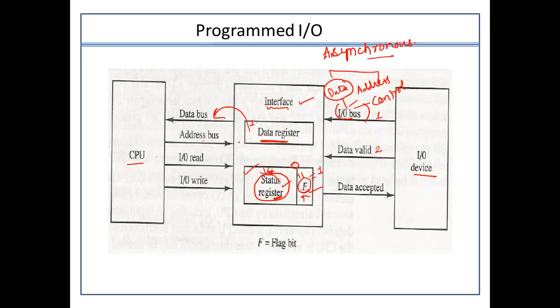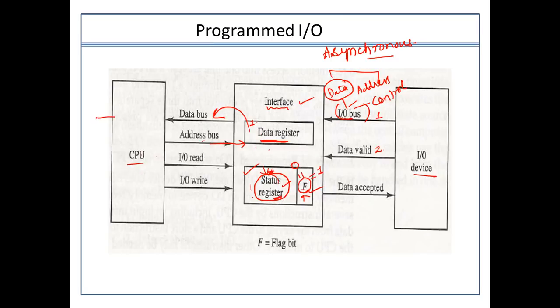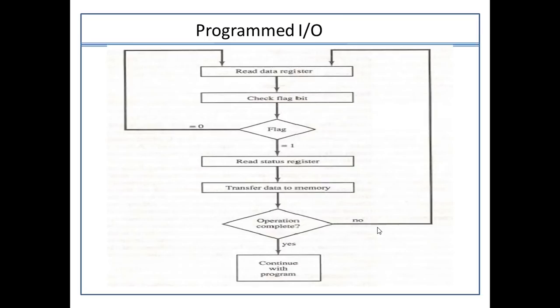Similarly, its address would also be fetched from the interface, to which particular address within the memory we need to refer. Then the read and write operation for this status will also be taken care of by the CPU, and the CPU will further forward this request to the memory unit. So the role of the programmed input output actually works in between these two things only. This is the flow chart depicting the operations that your programmed input output is able to perform.